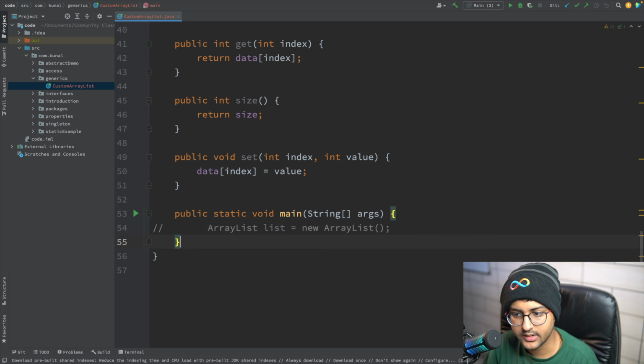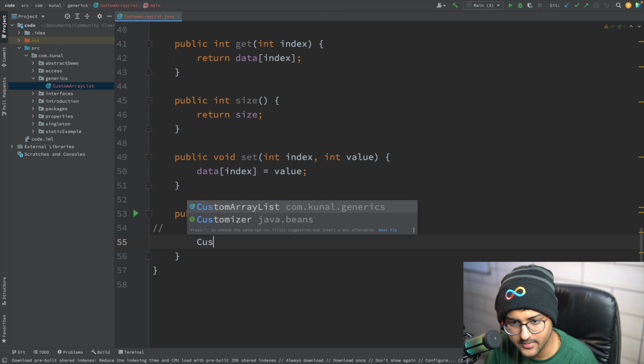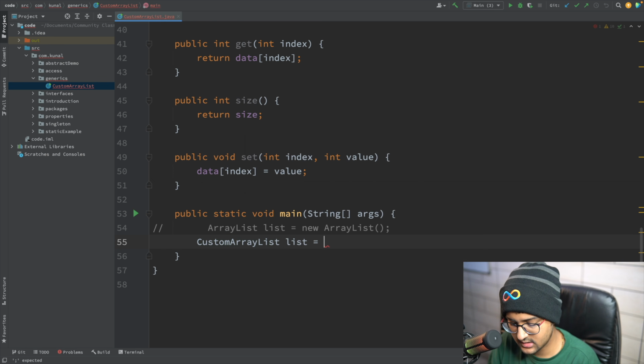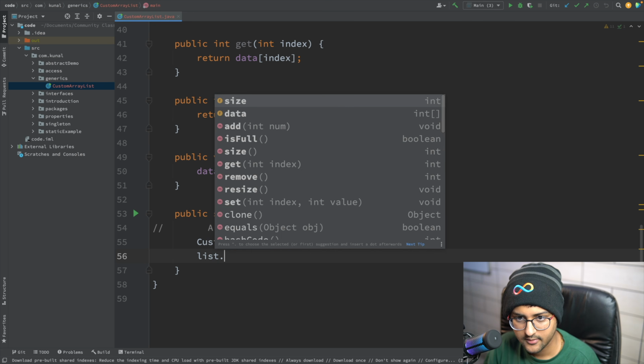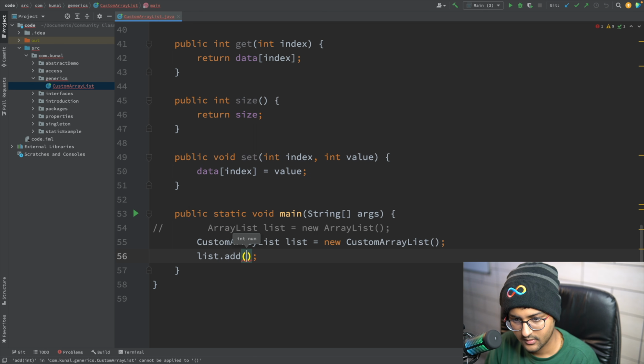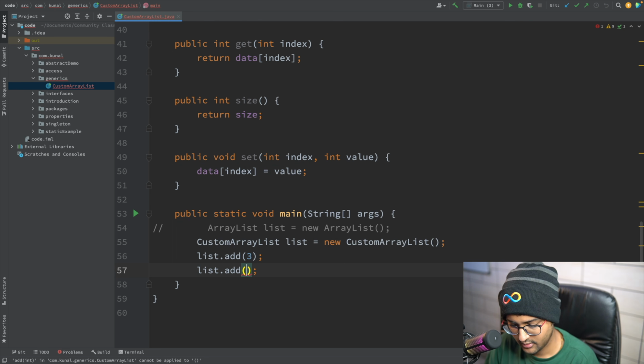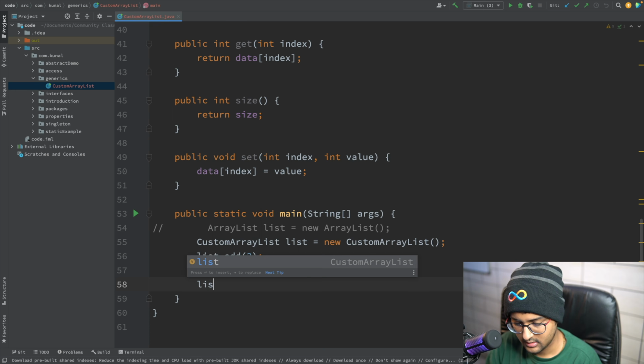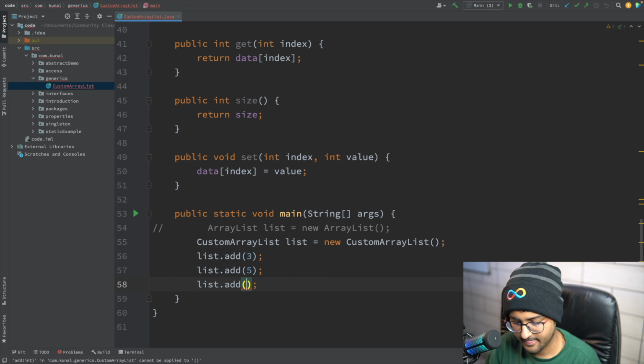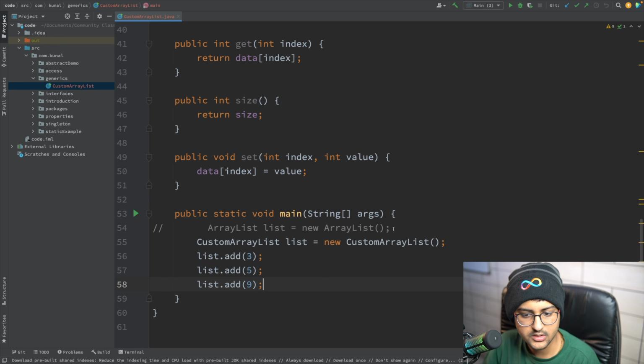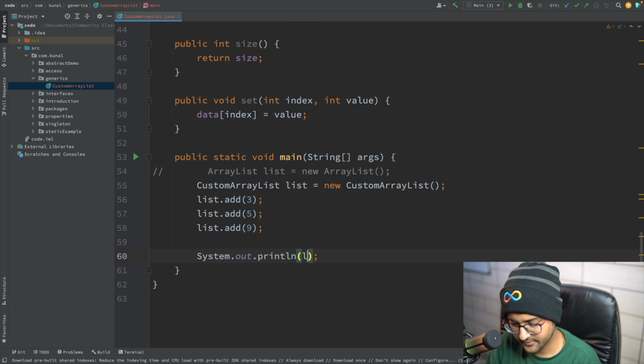That's it. Now instead of doing this, I'm going to say custom array list, list is equal to new custom array list. List dot add 3. List dot add 5. List dot add 9 or something like that. Then I can just say print list.